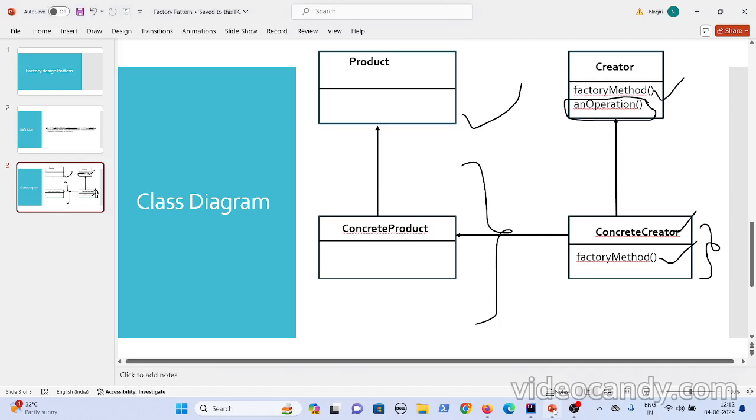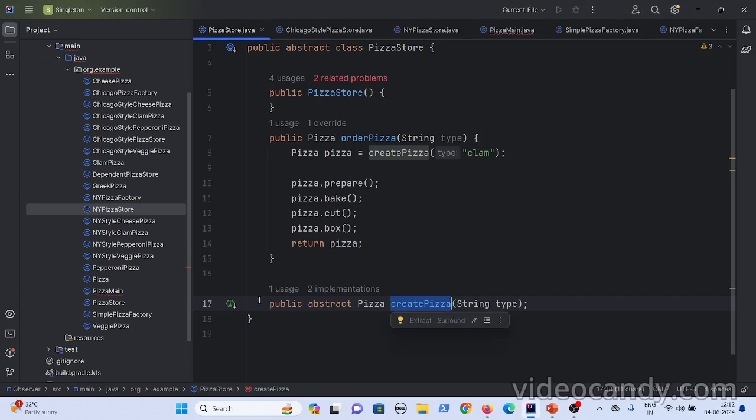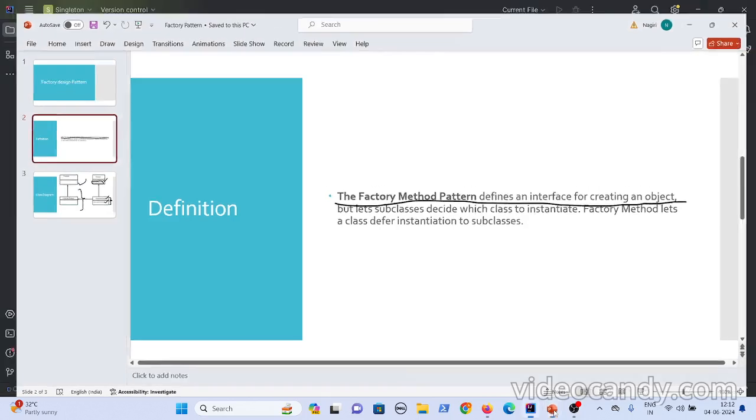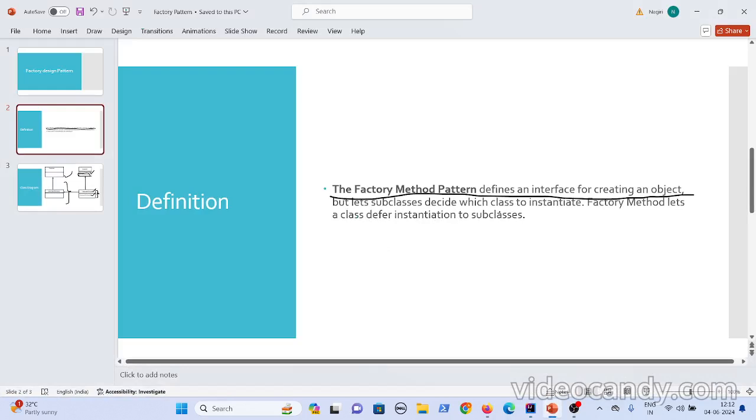The definition says it defines an interface for creating an object. What you have done is declared one abstract method for creating pizzas. Here object refers to pizzas, and subclasses decide which class to instantiate.